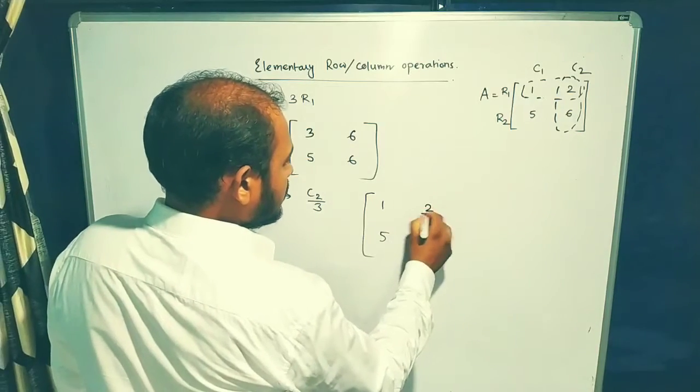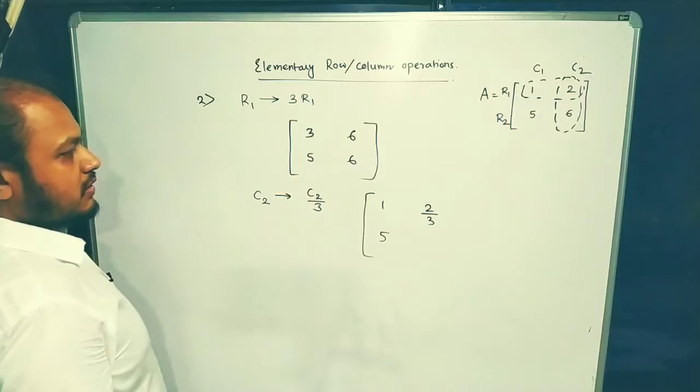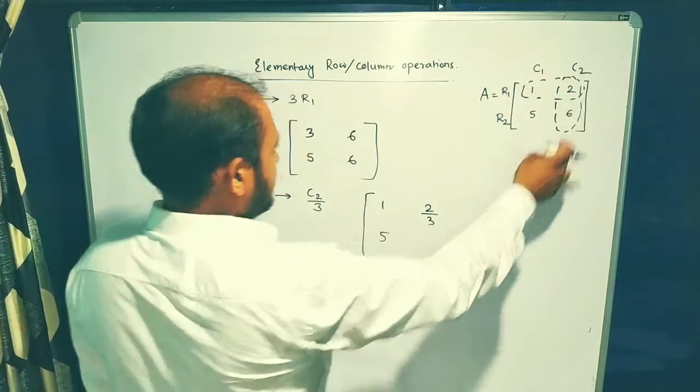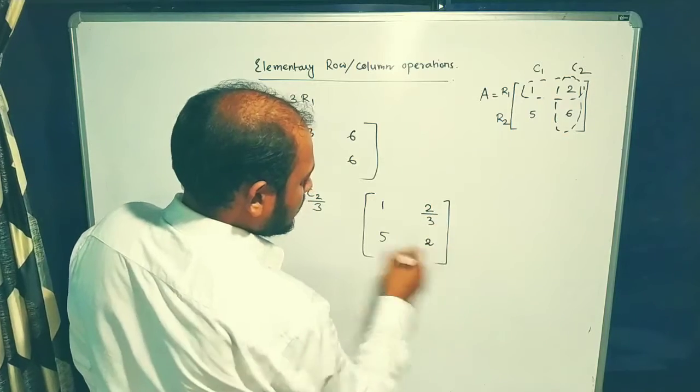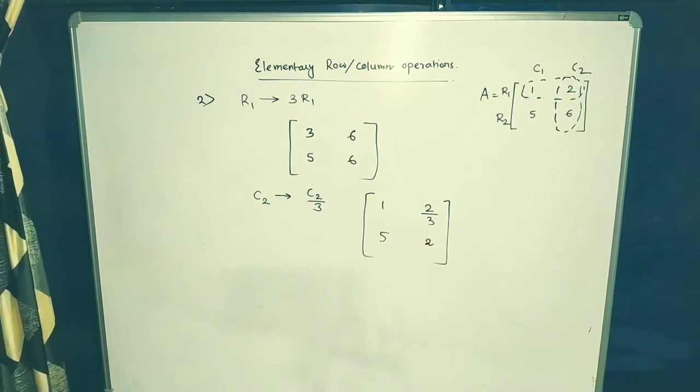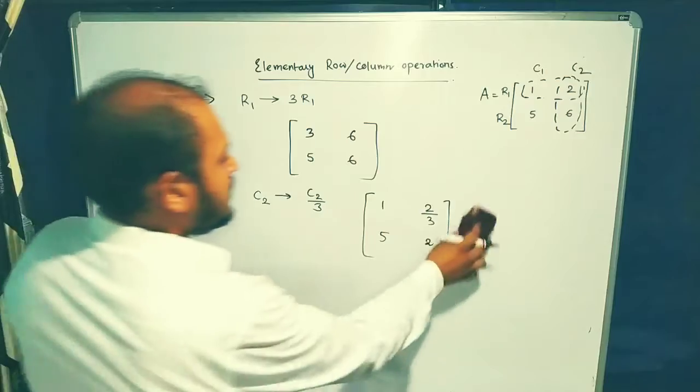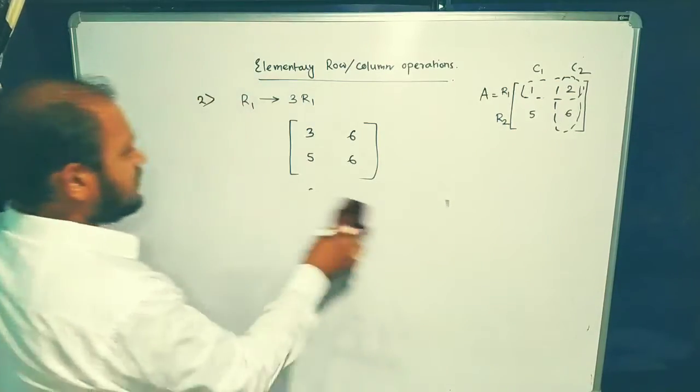So divide 2 by 3, it becomes 2 by 3, and divide this number 6 by 3. So 6 by 3 is 2. So this is the result for this operation. In a similar manner, if I say